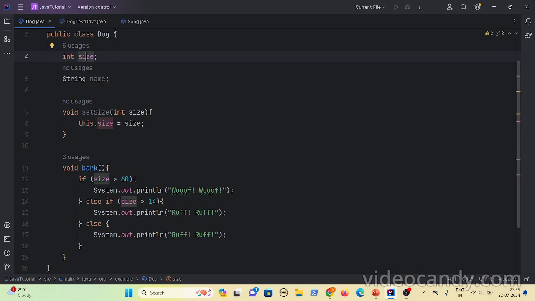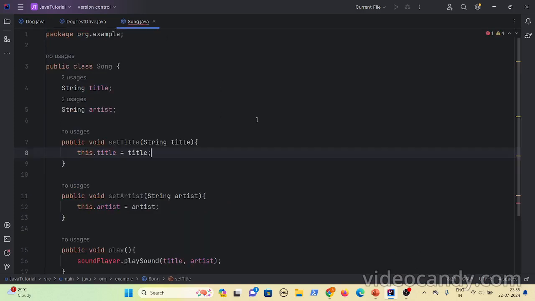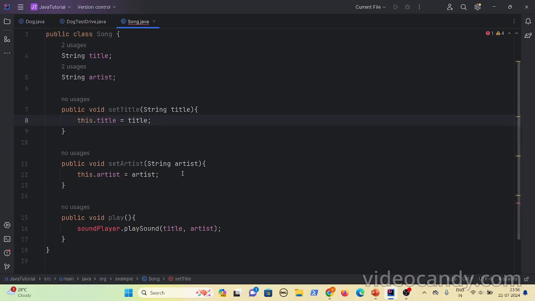Now let us consider one more example. Let us consider you have a Song class. Usually a song will have a title, which is the name of the song, and it will have an artist name who has sung the song. And here we have provided methods to set the title of the song and to set the artist of the song. Let's concentrate only on the play method. When you create instances of this Song class, you can have multiple song instances and each has its own instance variables with different values, with different titles and artist names. And when you invoke the play method,